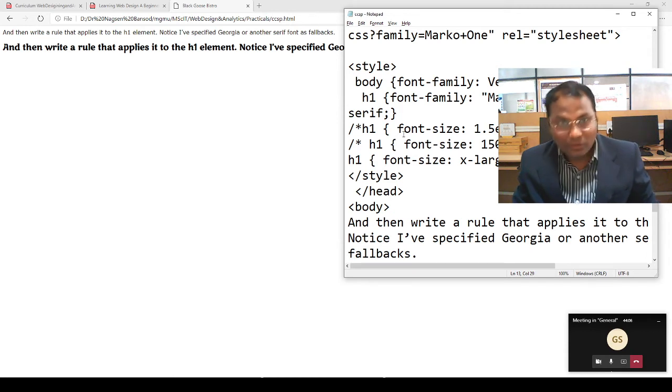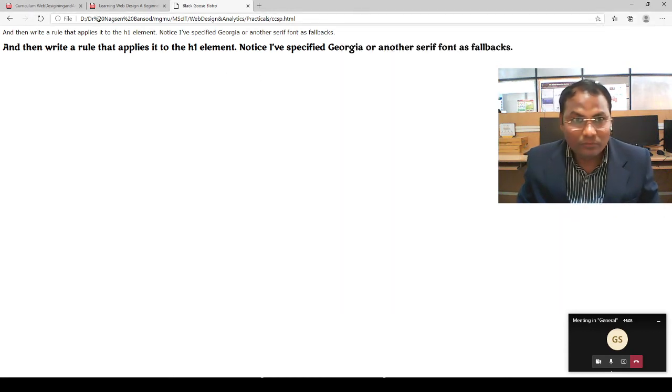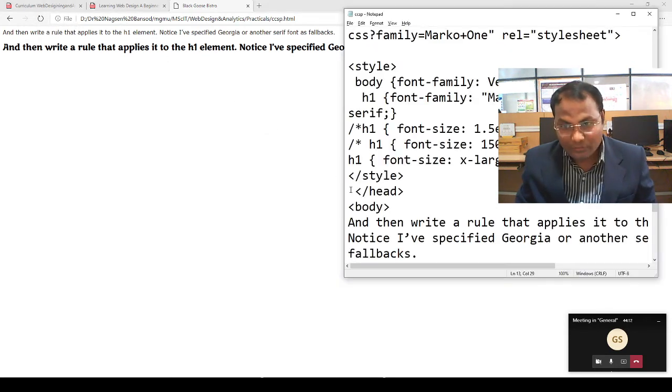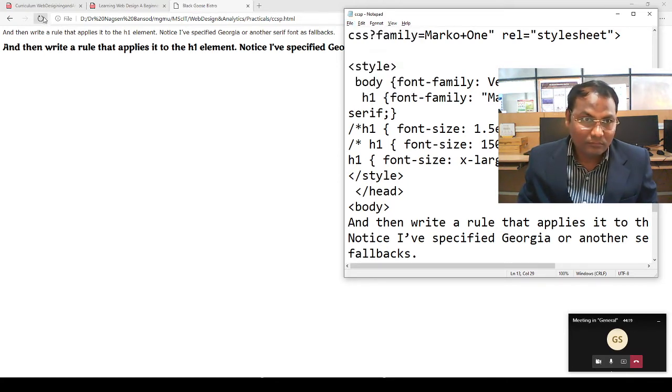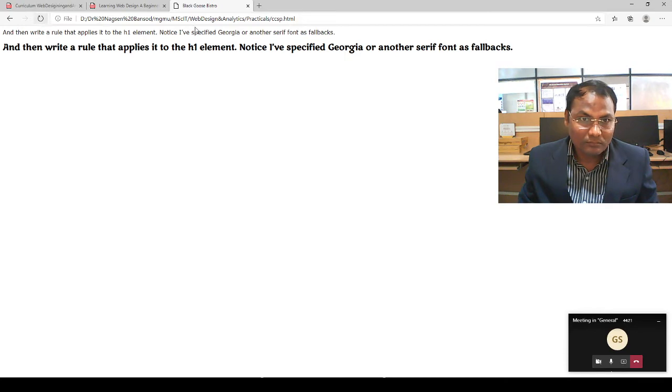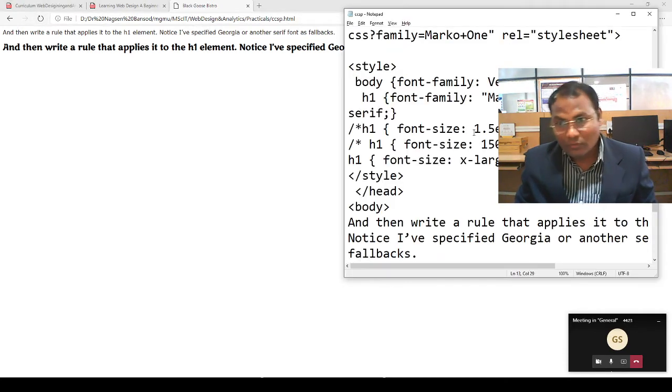Now you see the output is the same, whether I saved it or not. So no effect is there.